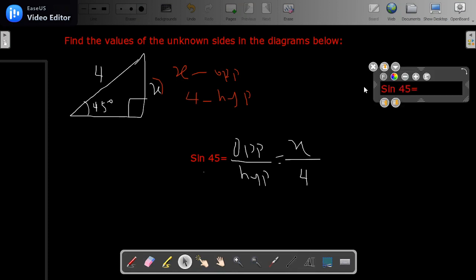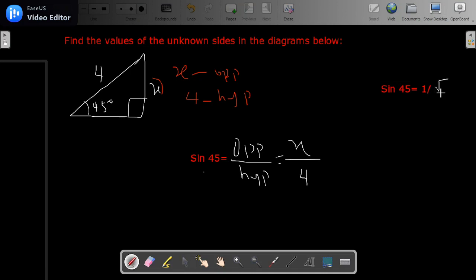If you can take the video back to the portion where I treated it, you find out that sine 45 degrees is equal to 1 over root 2. So we can substitute that value of sine into this here. Since sine 45 here is x over 4, and sine 45 is also 1 over root 2,